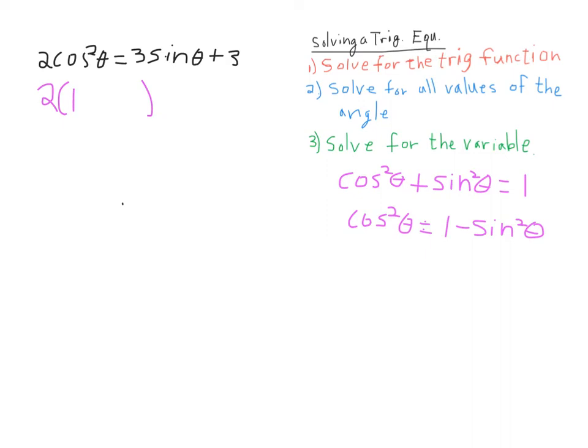So we'll just replace that with 1 minus sine squared theta. Fit it in there. All right. And then that equals 3 sine theta plus 3. So a nice little substitution, and now we do have a quadratic where it's just in terms of sine, all right? And if you want to, you could replace sine of theta with x, if you'd like, and